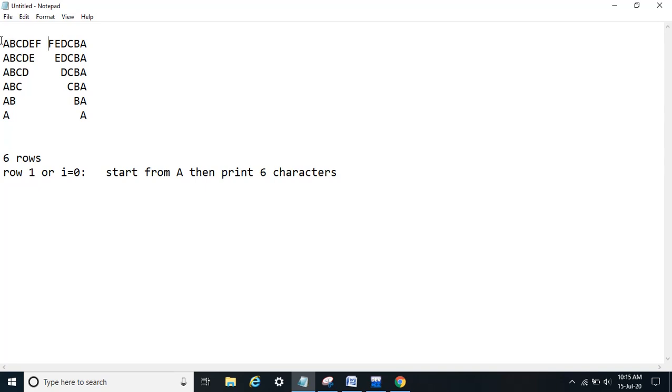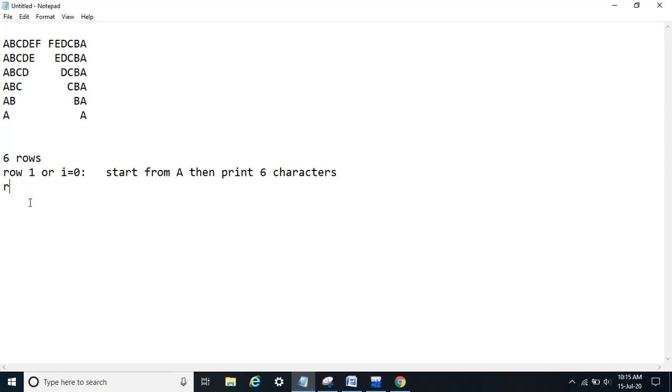For row 1 we will print 6 characters, for row 2 we will print 5, for row 3 we will print 4, for row 4 we will print 3, row 5 2, and for the last row 6 we will print 1. Okay, no problem. So let's build a general relationship between them.